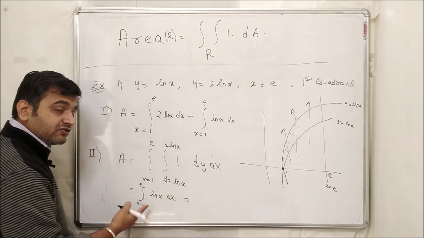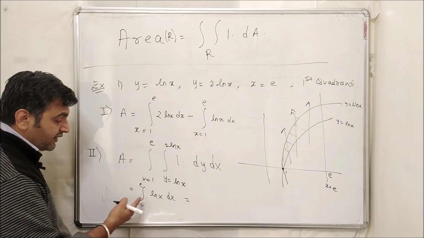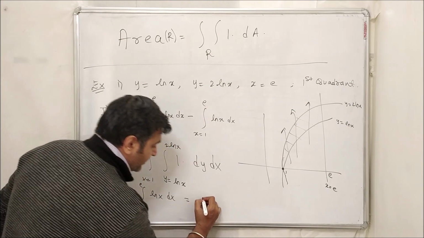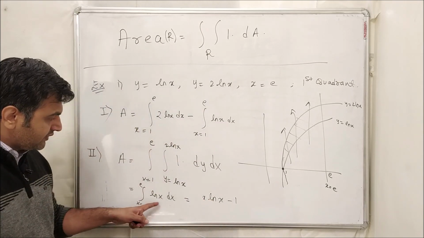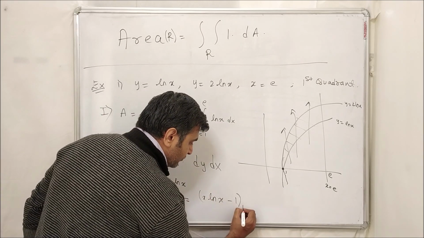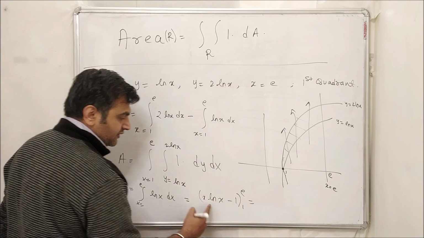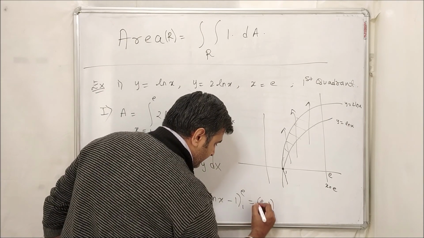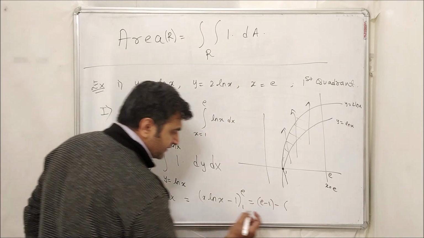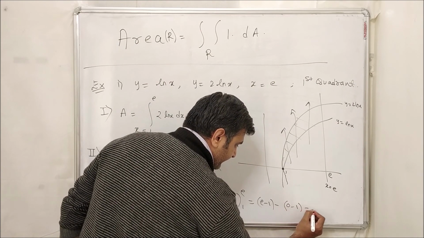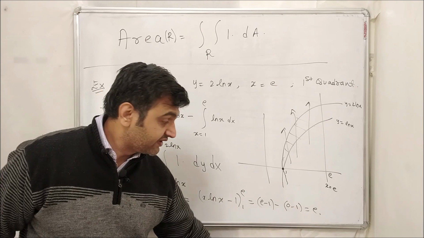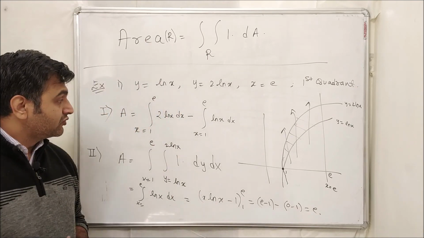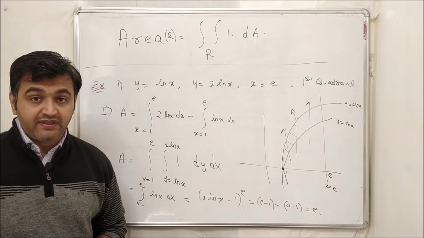And what is the integration of ln x? You apply the u into v rule, ln x into 1. So this is nothing but x ln x minus x, right? This is x ln x minus x, and x will go from 1 to e. And now when you solve this, you get e minus e, minus ln of 1 is 0, 0 minus 1. So if my calculations are correct, the answer is 1. So that's how you find area using double integration.